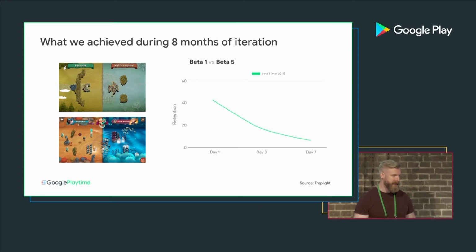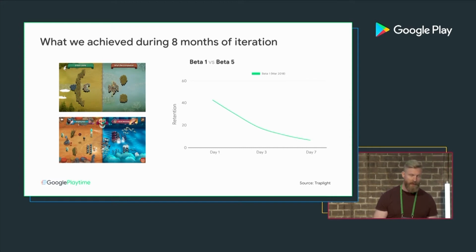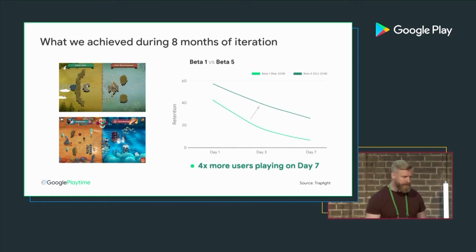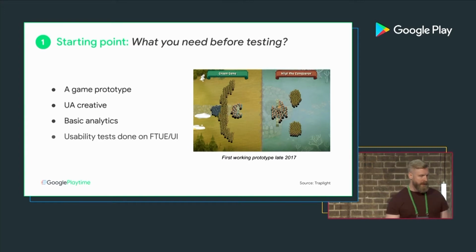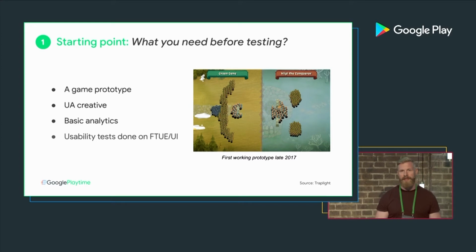We increased D1 significantly, more than doubled our D3, and retained 4 times more users on D7. And overall, what we learned is that what features make the biggest impact on user engagement, especially on the early stages. So going back to the starting point, there's a few things you need besides, of course, exciting and fun